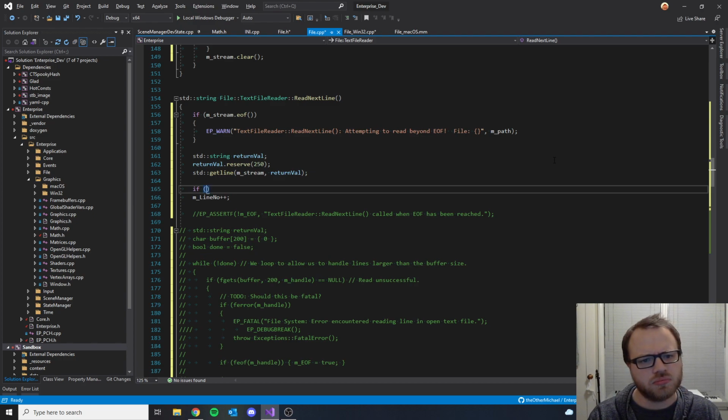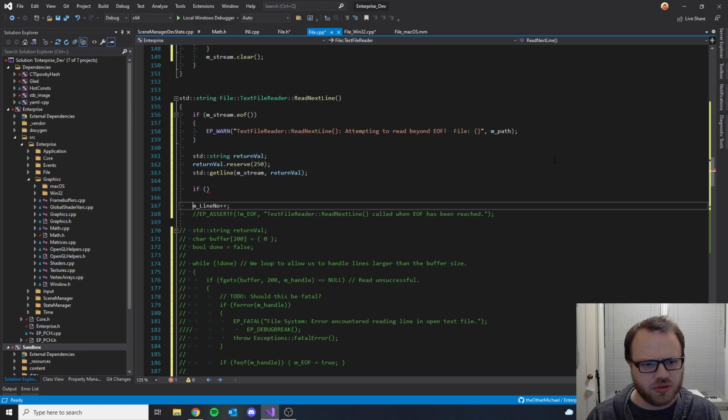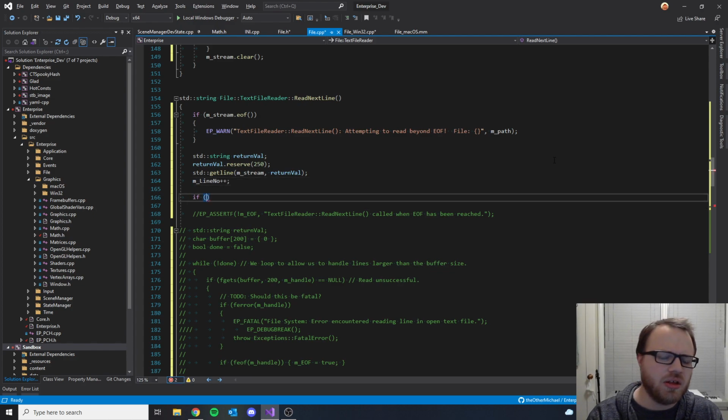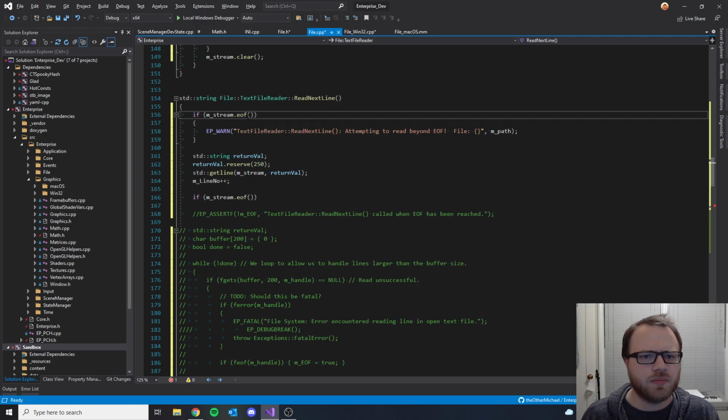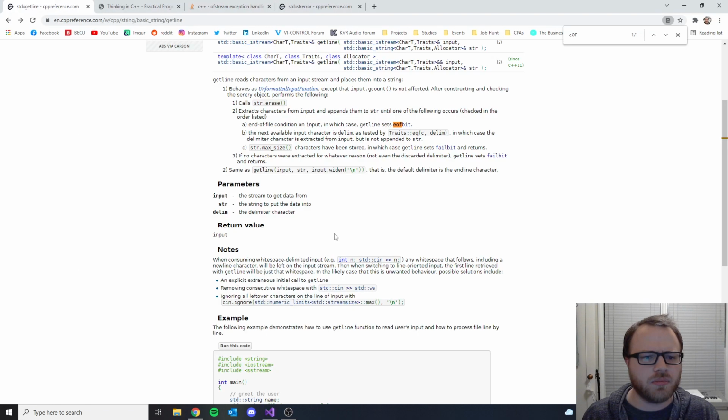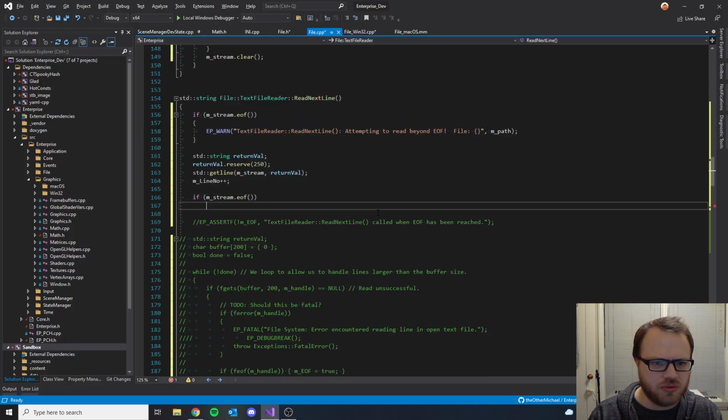Whether or not we reach the end of the file, I need to increment the line number. If mstream.eof, whether the EOF bit has been set, then what we need to do is